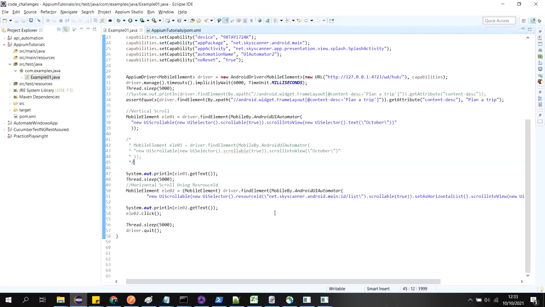Based on that, we can look into that view, and using UI scrollable text, if you don't have text, you can use resource ID or description. Sometimes the description or the text comes dynamically, so in that case we can use regex.